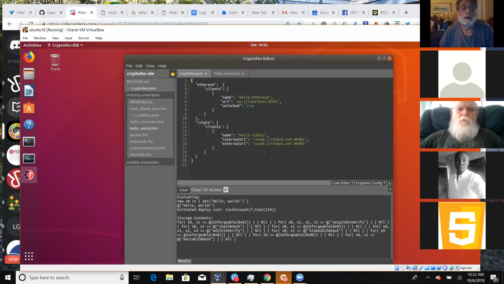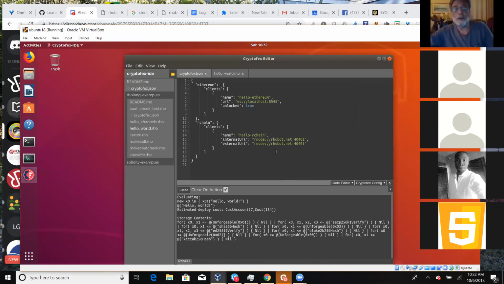Oh, that's interesting that it uses the same ports here, both internal and external. Yeah, this is the node we're running. Oh, I see. It's a remote node. So Windows should work as long as the ports are open coming back or something.